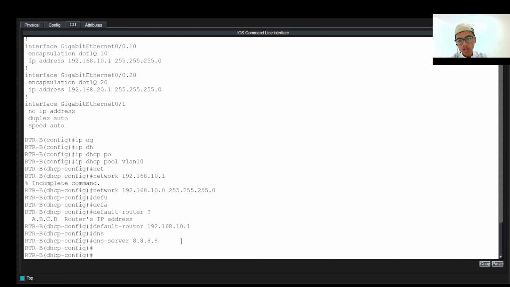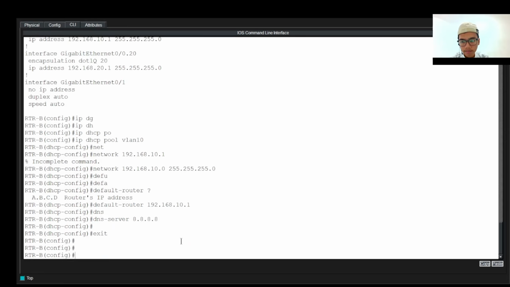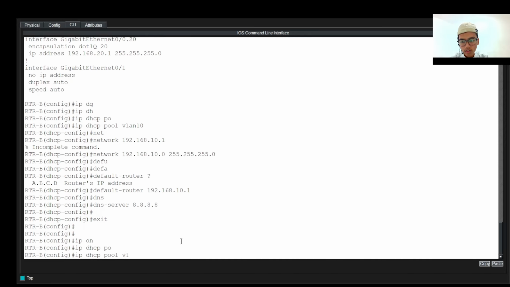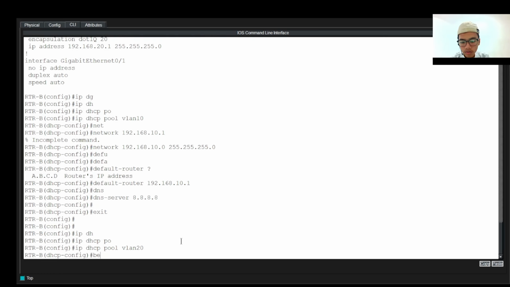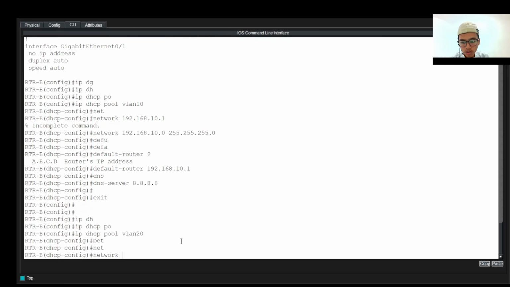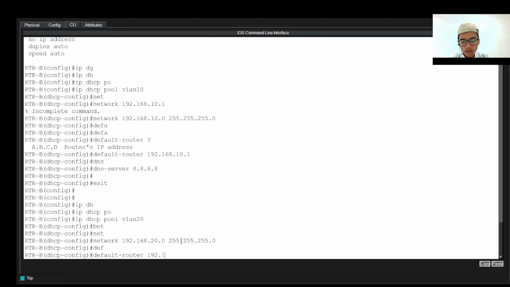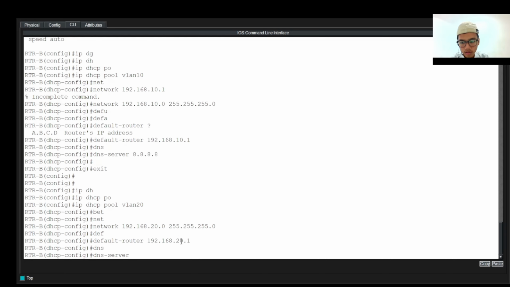Now we go to the DHCP pool for VLAN 20. ip dhcp pool VLAN 20, with no space. The first is the network, 192.168.20.0, then the subnet mask. Then the IP for the default router and the DNS.